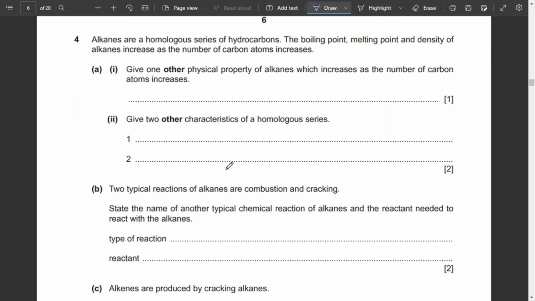Alright, so here if we talk about it, the type of reaction can be substitution reaction, and the reactant over here we can put is chlorine. Alright, for substitution reaction. Moving on to part C,